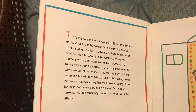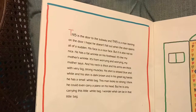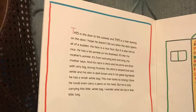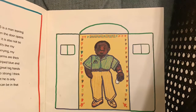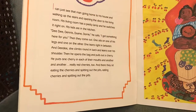His shirt is striped blue and white, and his skin is dark brown, and in his great big hands he has a small white bag. This man looks so strong, I think he could even carry a piano on his head. But he is only carrying this little white bag. I wonder what can be in that little bag. I can just see that man going home to his house and walking up the stairs and opening the door